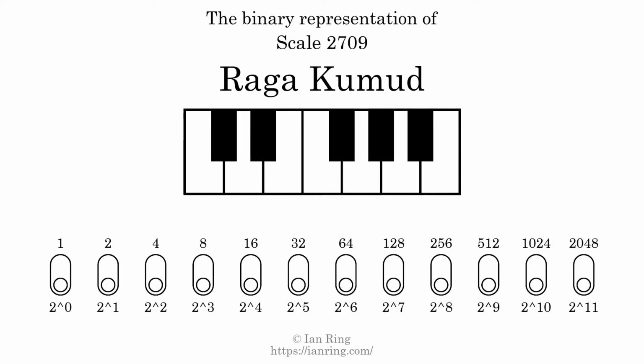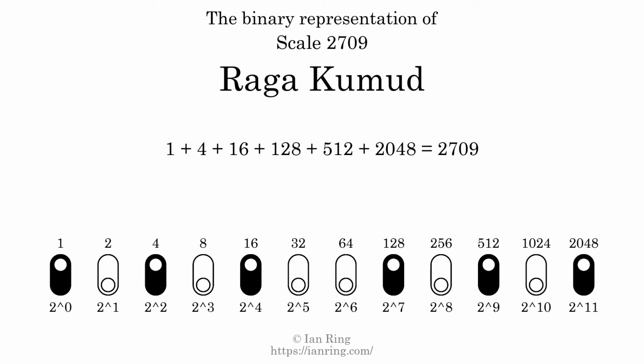The binary representation of this scale is determined by mapping tones of the scale to binary digits. Each binary digit represents a power of 2. To get the scale number, we add the powers of 2 together. The powers of 2 that are present in the scale, all added together, equals 2709. That is why the scale number, in decimal, is 2709. The scale number not only enumerates the scale with a unique index, but it also literally describes the tonal content of the scale. Represented as a binary number in base 2, the scale number is